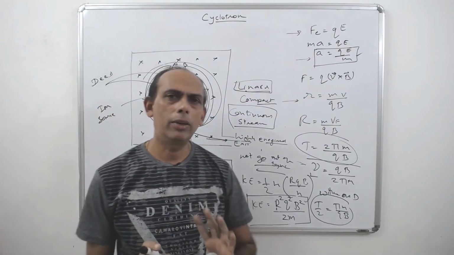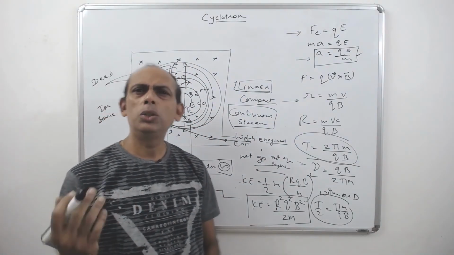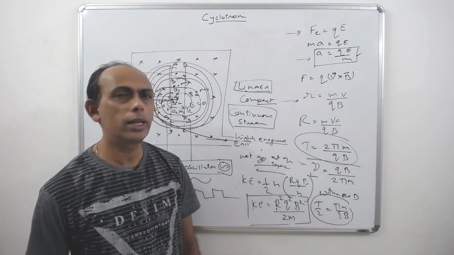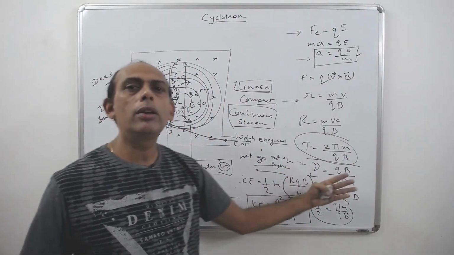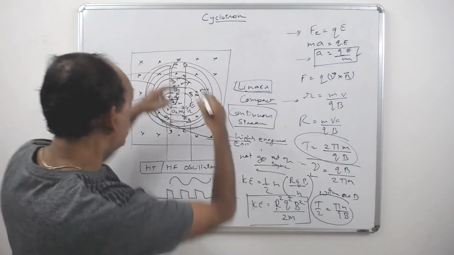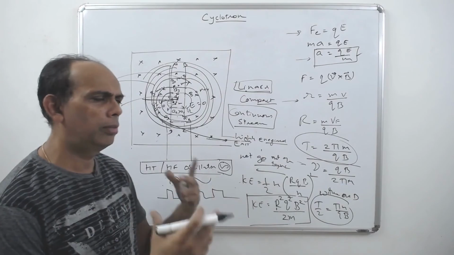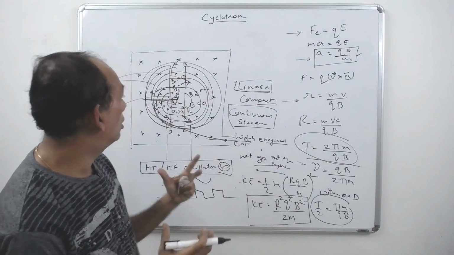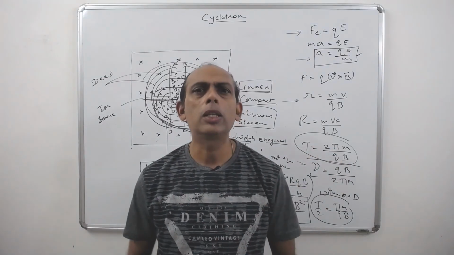So these are the basic advantages. There are around 30,000 cyclotrons installed in the whole world, used for many purposes, but they're heavy duty ones, very big. The later versions have reduced in size, but you can't have a very compact one. The earlier one had a radius of around 1.5 to 2 meters. The surrounding was made of very high magnetic field, because it required that much strength of the magnetic field to take it into the circular path. So these are all the aspects of the cyclotron.